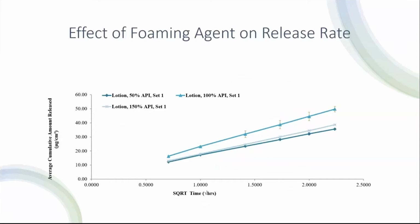This is an interesting application where we were developing a lotion dosage form, and we had a beautiful IVRT method. It was linear and met all the other criteria. But then when we came to see the sensitivity using 50 and 150% of the product, we lost the sensitivity. As you can see, the 150% had a lower release than the 100%. Going on to the next slide,